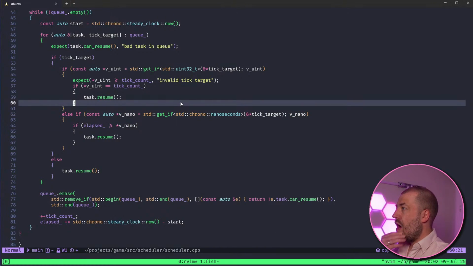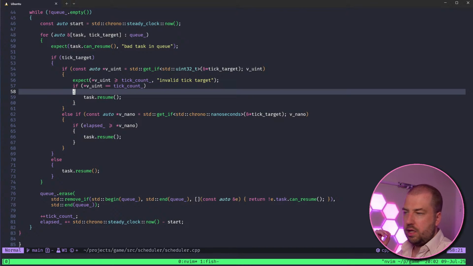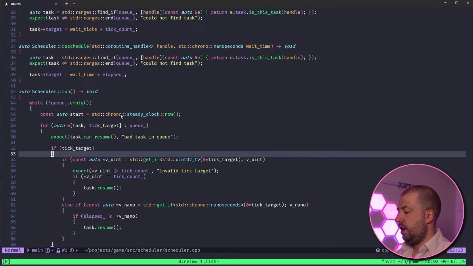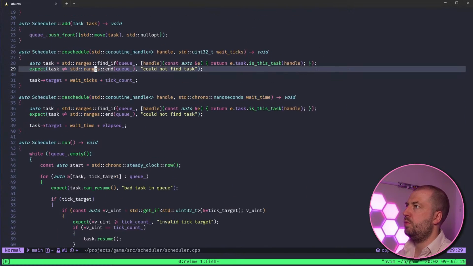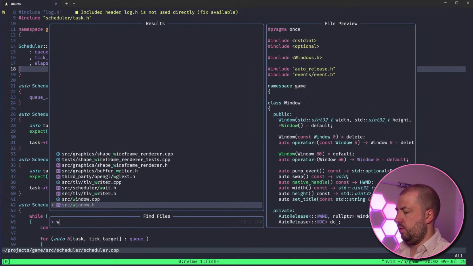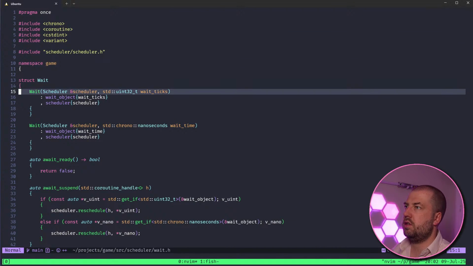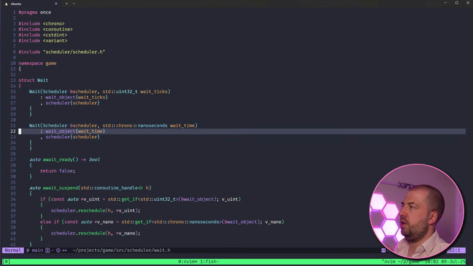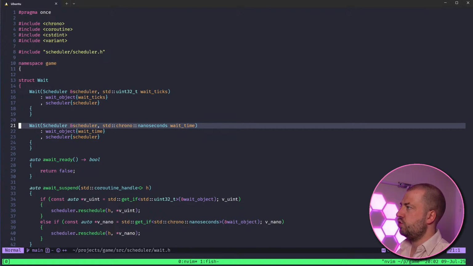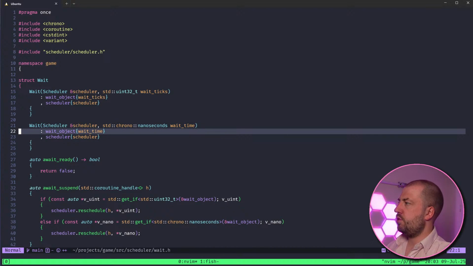Okay, so we were doing some coroutines. I want to try and finish off the mechanics of that today. The minimum extra I want to add is the ability to wait on a task. At the moment, you can wait on a number of ticks to have happened, or wait for a certain amount of time to elapse. So this allows you to schedule yourself, systems regaining their own control by telling the scheduler when they should be rescheduled. That's the plan.